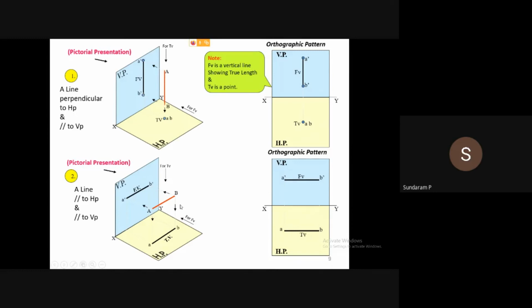Similarly, in the XY line, when you look at the front view, we get A dash B dash as the true length. When you look at the top view, we get the same true length. Here also we rotate 90 degrees and obtain the top view below the XY line. So this is your technical drawing. I have repeatedly told you, we need to project in orthographic projection. These are imaginary, so here I'm using this pictorial or 3D view to explain.